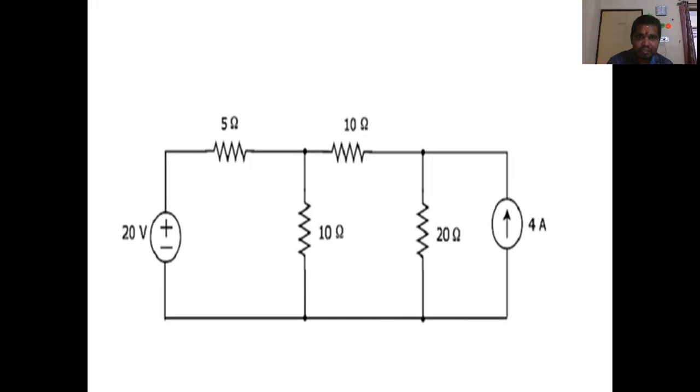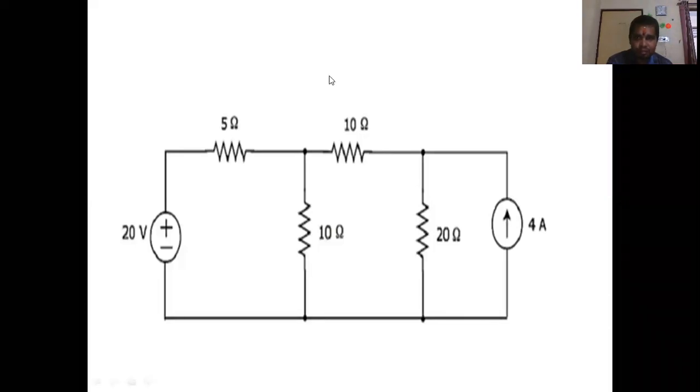So let us see this. I have taken a circuit which has more than one source. You should keep in mind that to apply the superposition theorem, the circuit should contain more than one source, right? More than one source is the basic requirement for any circuit to be solved by the superposition theorem. That we always need to keep in mind. It may be a voltage source, a current source, or a mixture of voltage and current sources, whatever it may be, but it should contain more than one source.